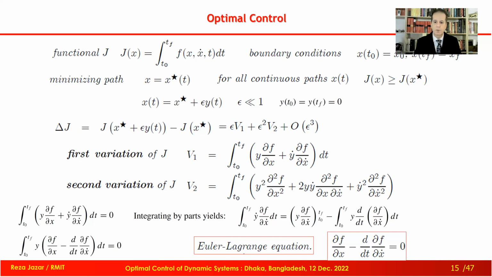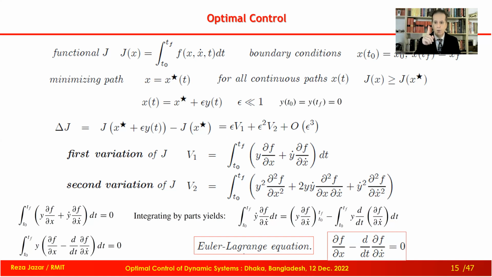The first coefficient of epsilon is called V1, which we call the first variation. Then epsilon squared has capital V2, which is the second variation. We ignore the rest, and focus on these two. To make delta J equal to 0, V1 must be 0, V2 must be 0. If we go for V3, V4, all of them must be 0. But because epsilon itself is very small, after epsilon squared, nothing is important. So they are 0 already.